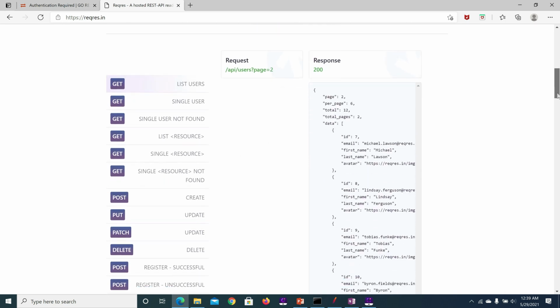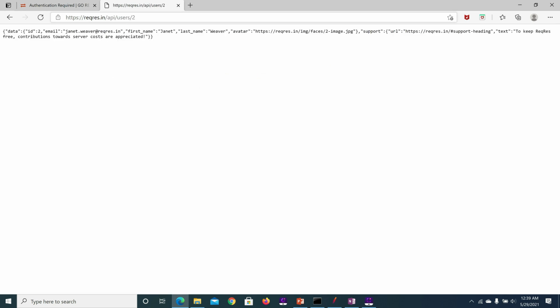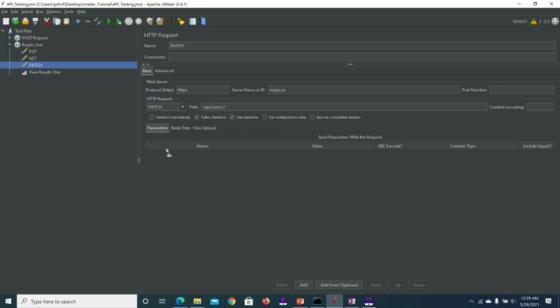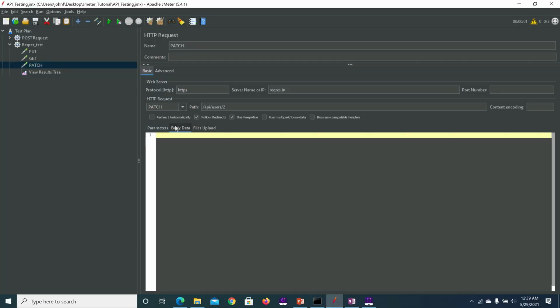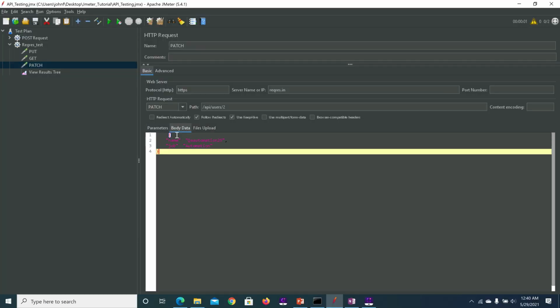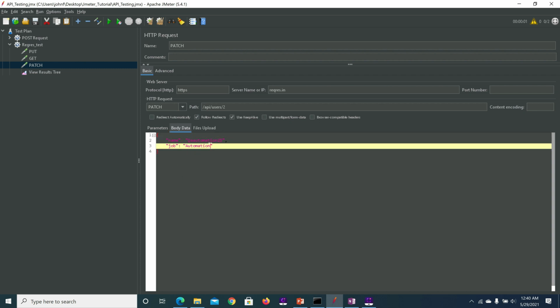For example, if you want to check patch, you just click on patch, you will get the API. If you click on it, you will get that complete URL, then the content of that. So patch is a request which will modify the existing record. For that we need to provide parameters. I'm providing parameters here, and here I'm changing the job field to ID.